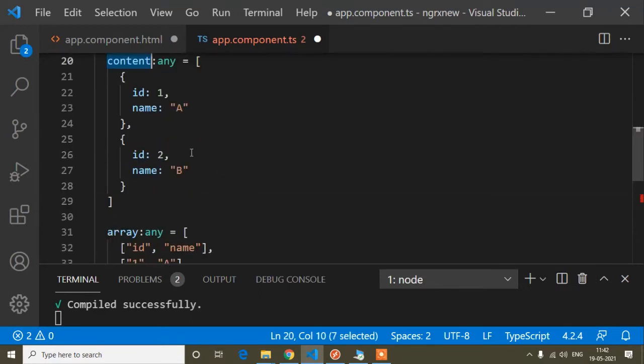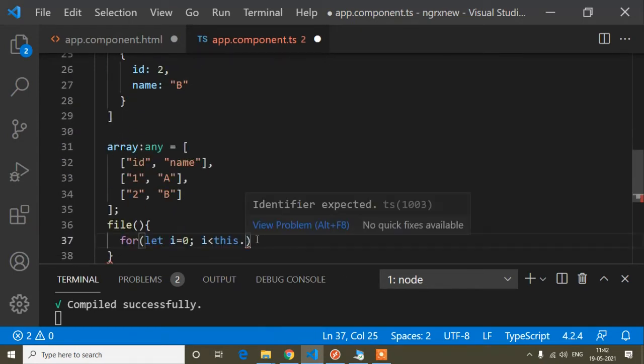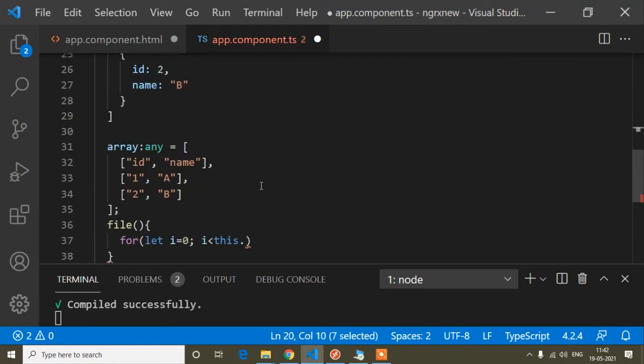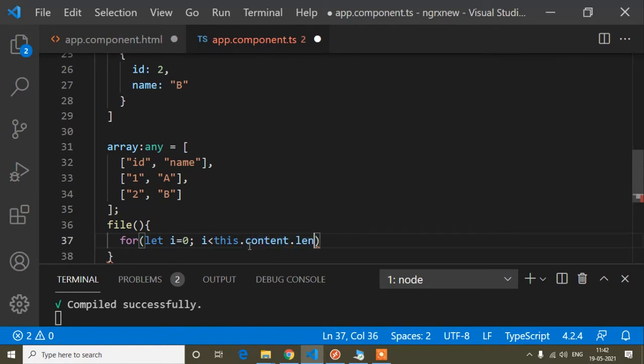So I have to convert this content's data in this format. Sorry guys, I forgot to copy, so I will copy this content and dot length. I'm not explaining this for loop, because I hope you know about for loop.